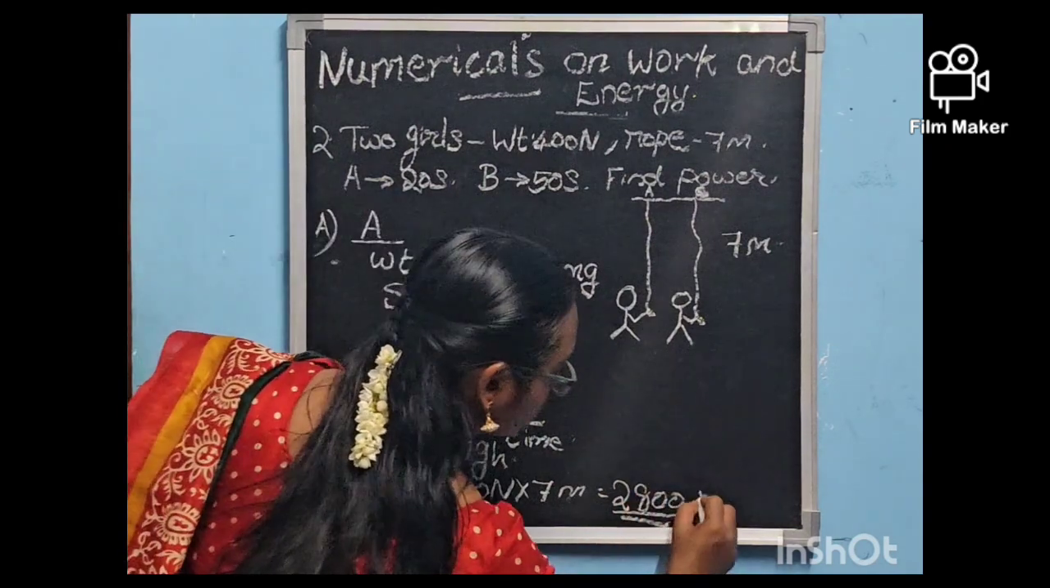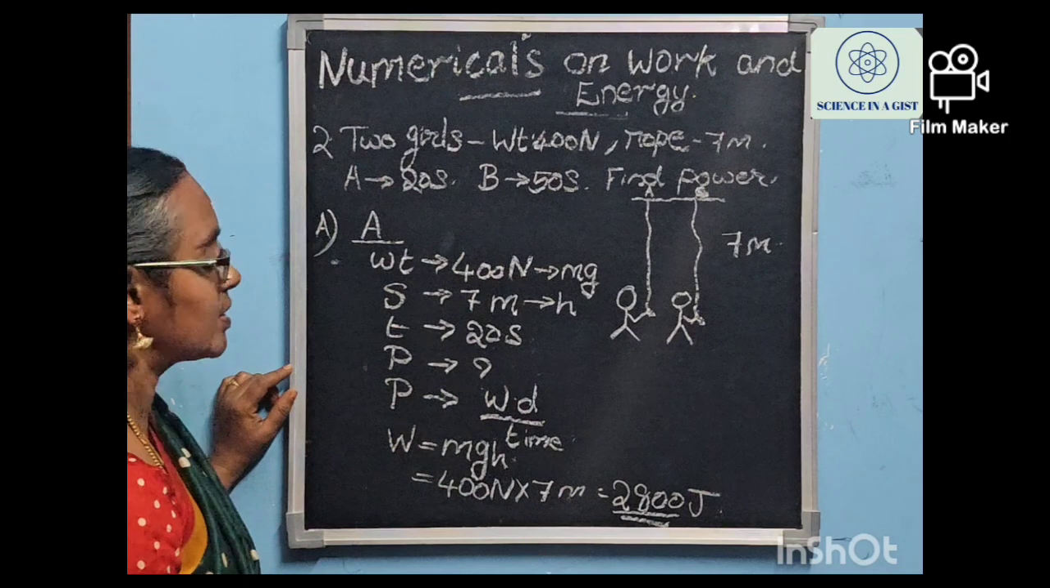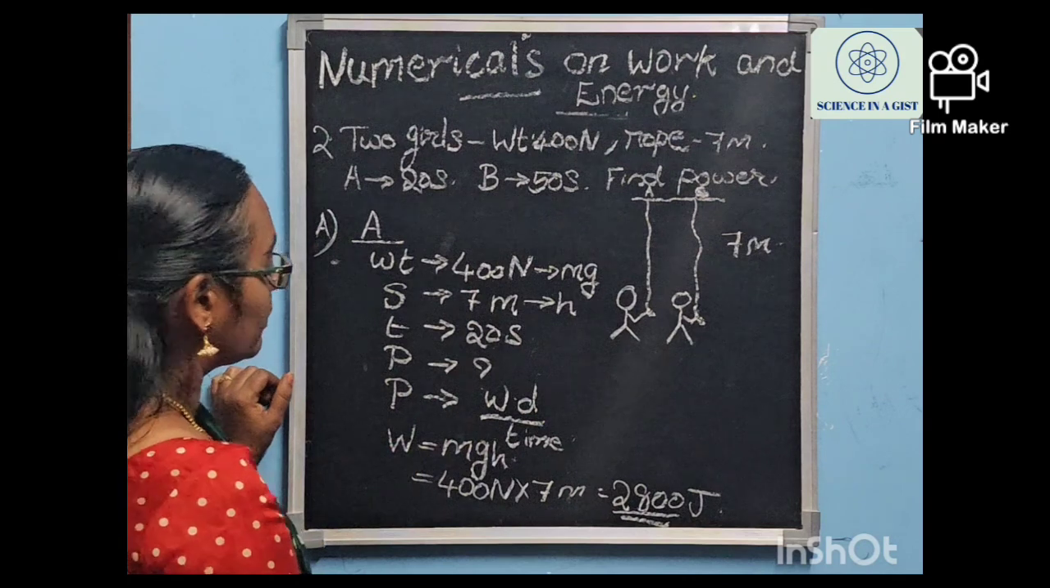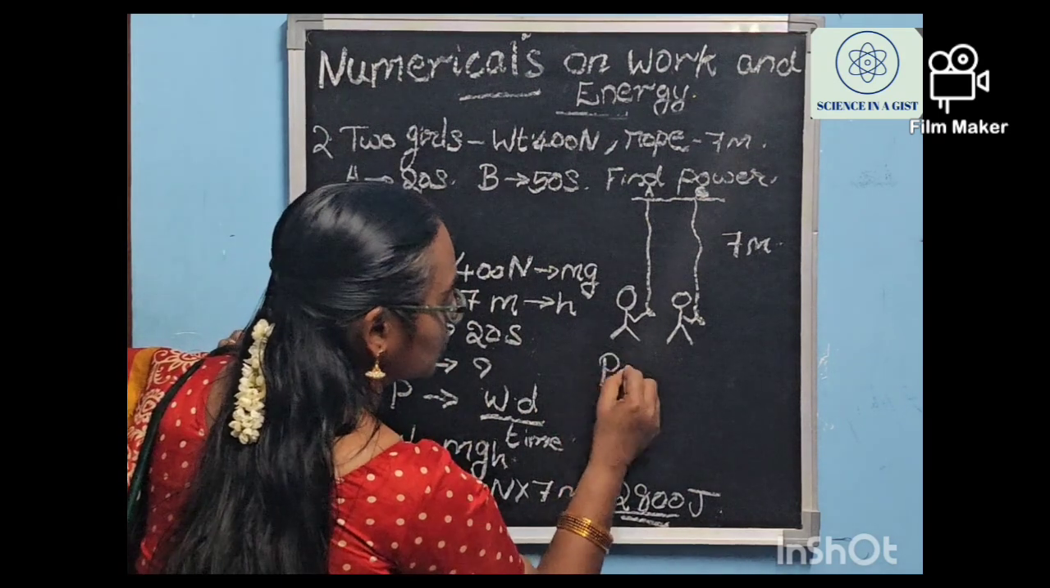2800 joule is the work done for the first girl. Okay. Then what? Then we have to find the power. How can we find out power? P is equal to